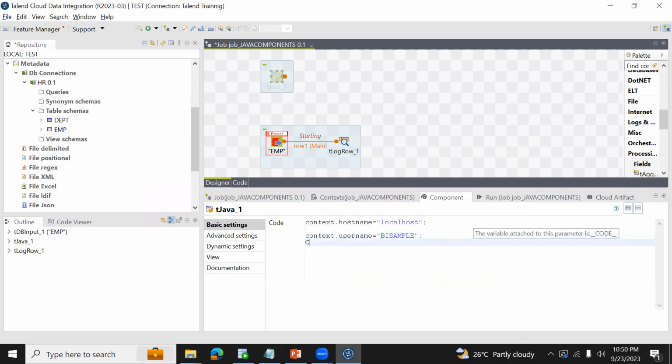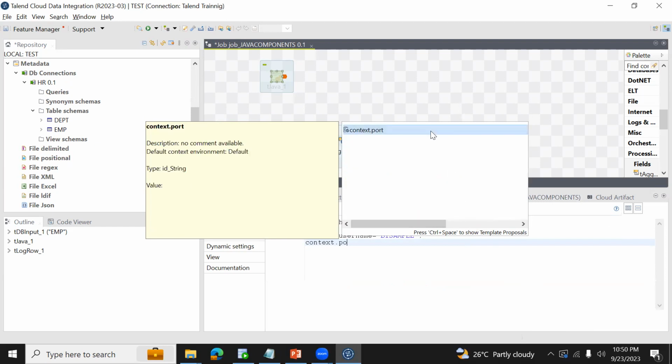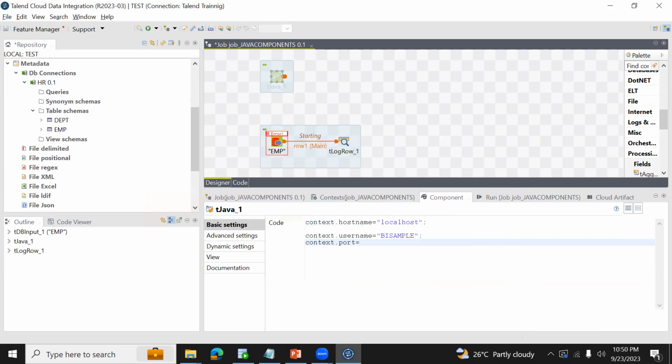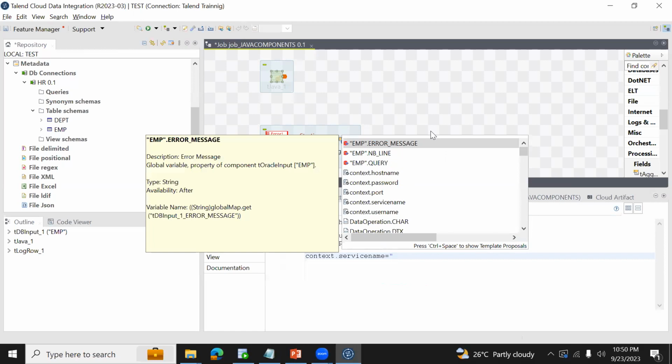And one more variable is context.port, always use lowercase context dot, equal to "1521". Always allocate the values using double quotes. Otherwise, this will not be considered as a value. Instead, it will be considered as a variable and it throws an error. And one more is context.servicename,